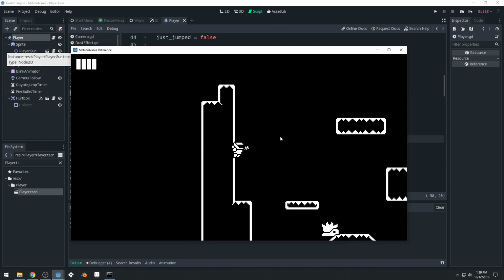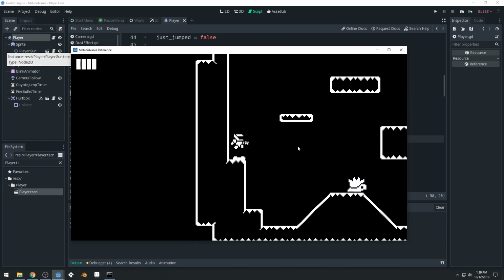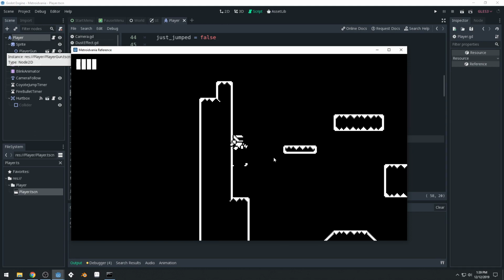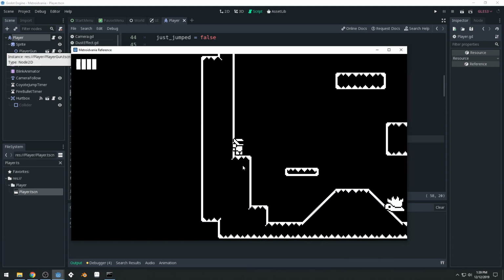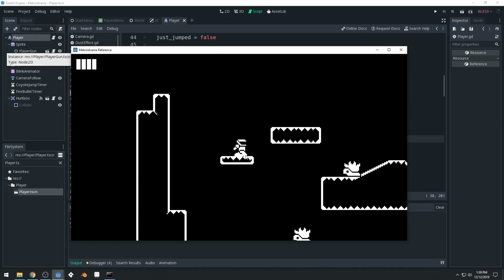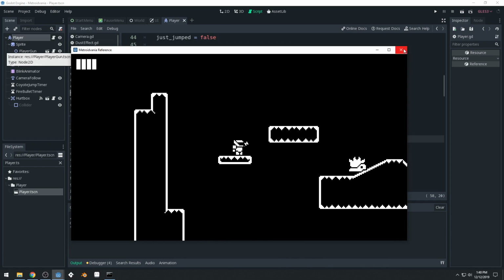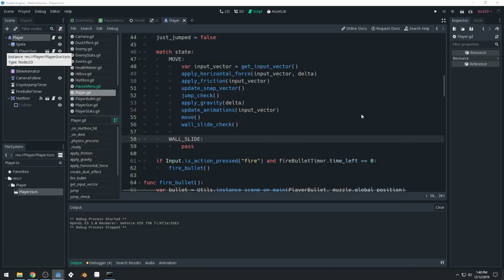And then lastly, the character should always face away from the wall, no matter which way the gun is pointing. And when you hit the ground, or if there's no longer a wall, you will leave the wall slide state. So there's actually some complicated logic behind this that we're going to be implementing. So let's start by